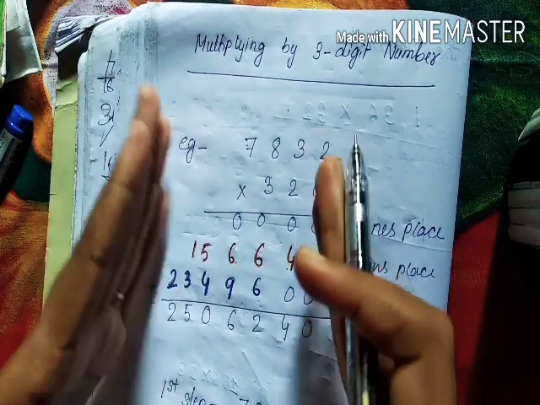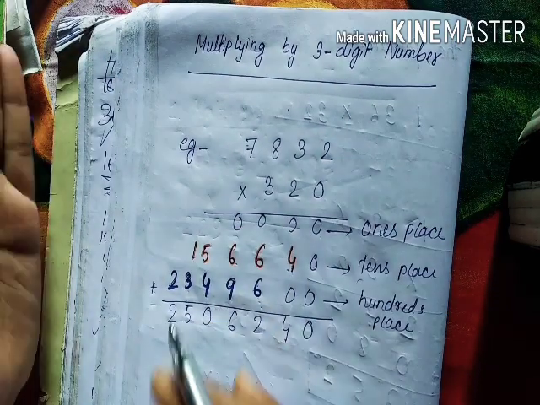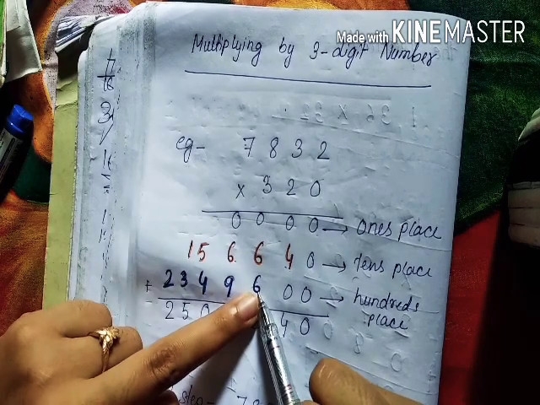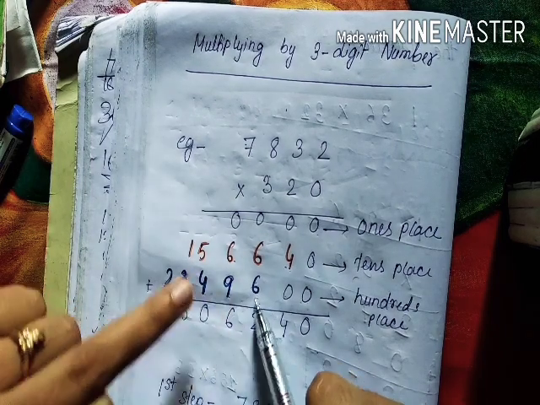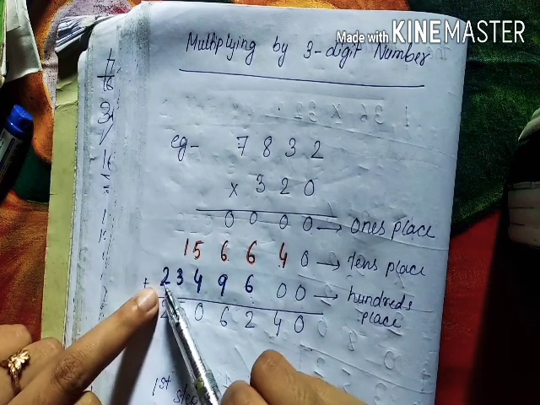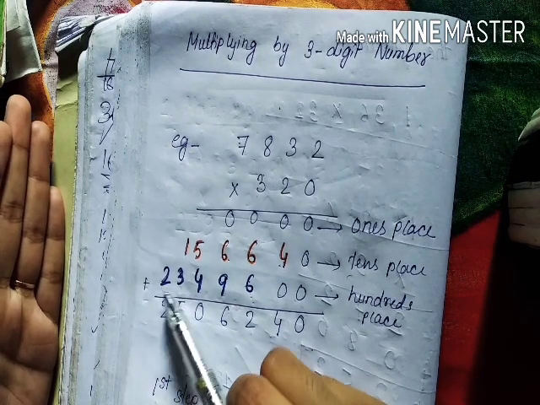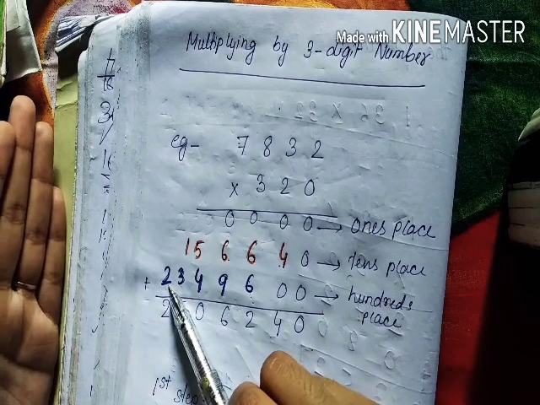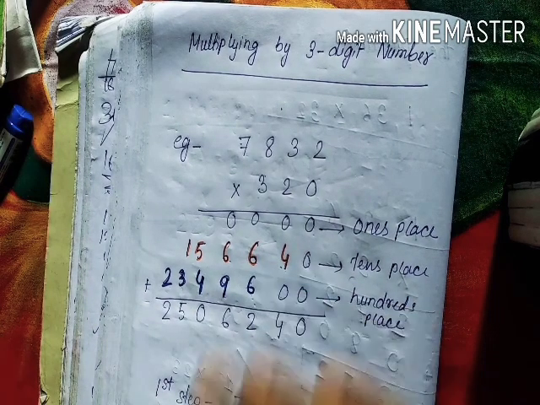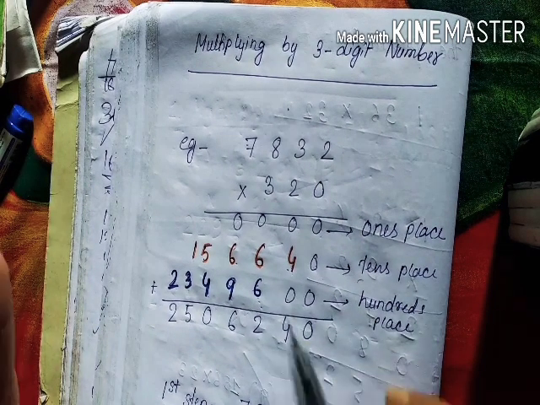So it will be very easy for you to write, because here you can see we are starting from here, but as we are going this way, this 2 will be at last. Okay, this will be the leftmost number. So when writing these numbers, do not make any mistake.